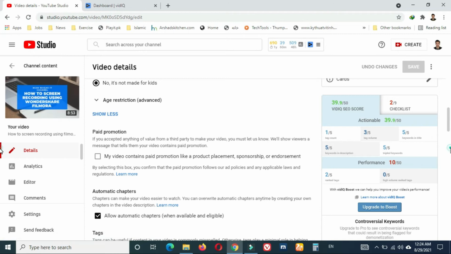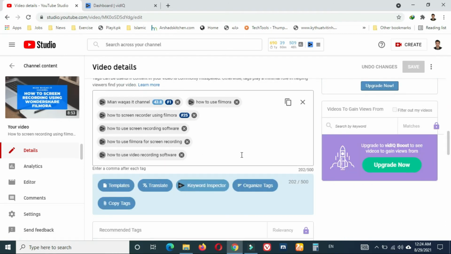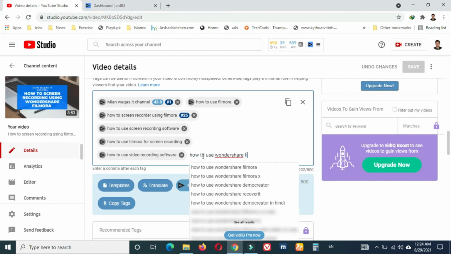I am adding tags. Next, how to use Filmora.